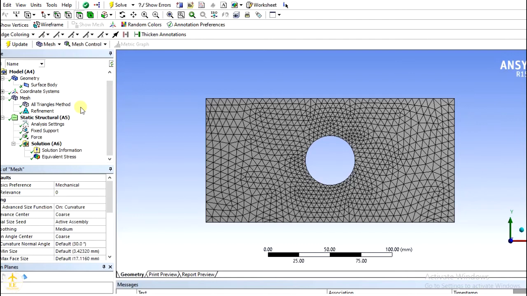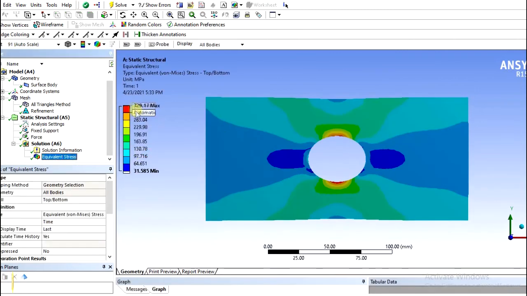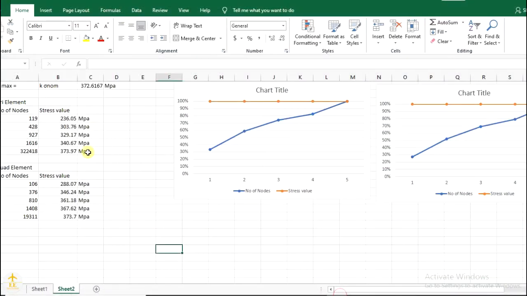So if your number of nodes increases, the final global stiffness matrix also becomes bigger, and solving that global stiffness matrix takes time. So if you increase the number of nodes, the calculating time for solving the problem also increases. Now if you check this stress, you can see that the stress is 329.17 megapascal.